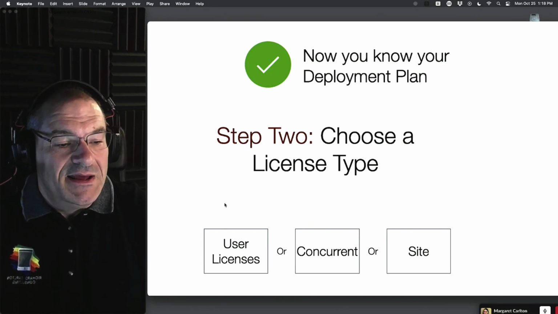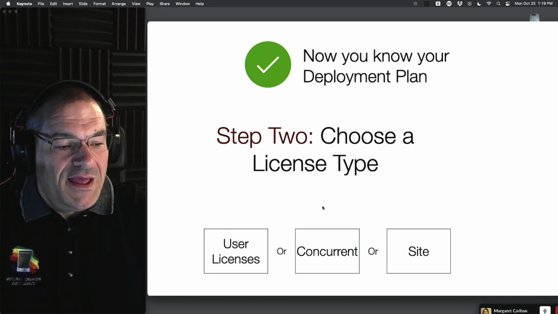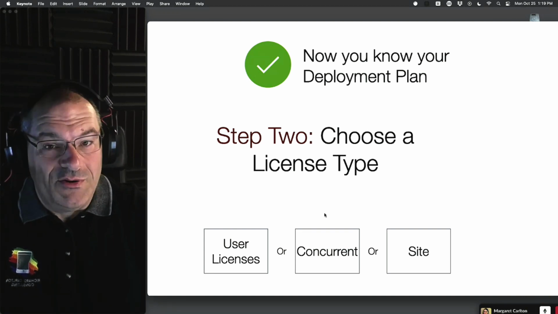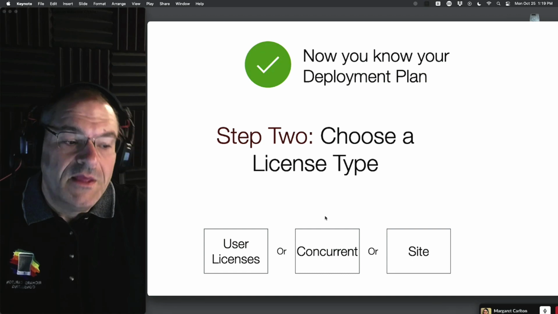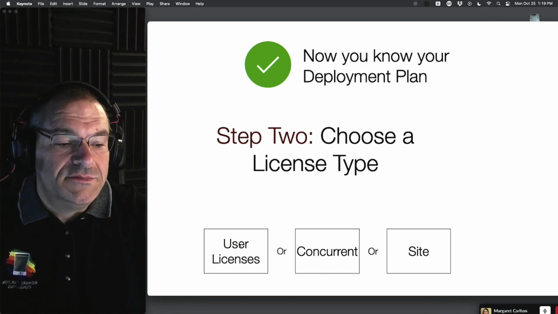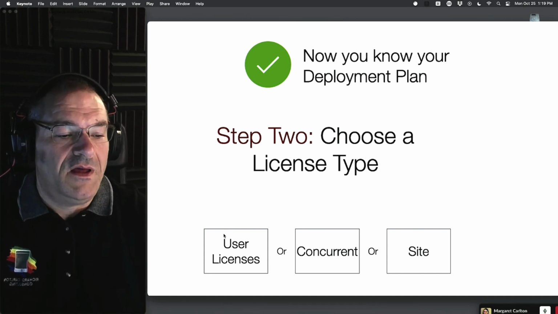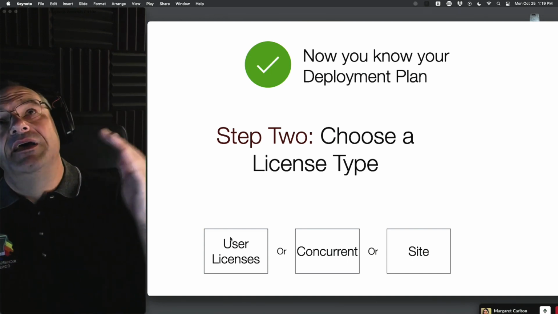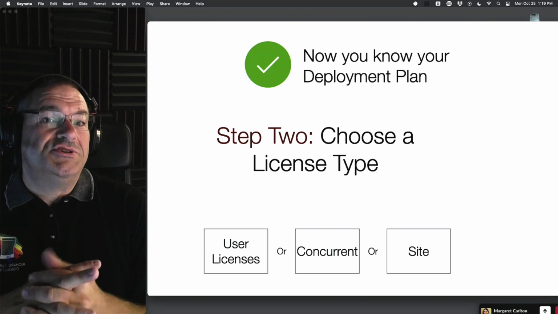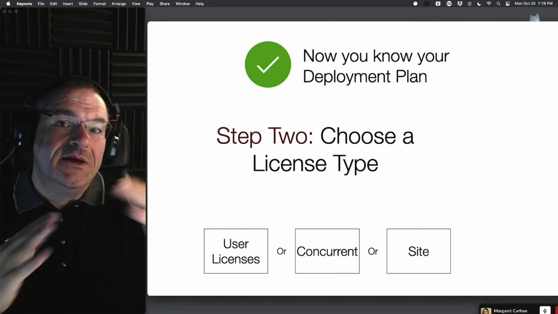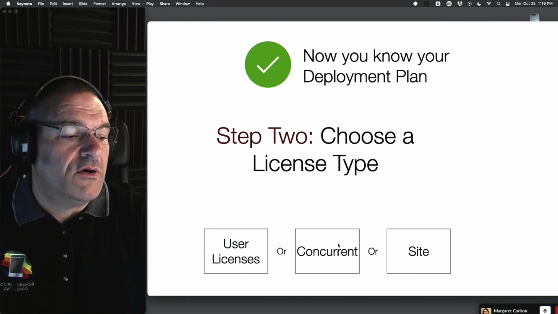But if you have 10 people here that only use it, that's going to be more expensive. So this is going to be much more. So basically the cutoff is 3 times. If at least only 30% of your company is using the software at any given time, that's the break-even point for using concurrent. Hopefully that makes sense.